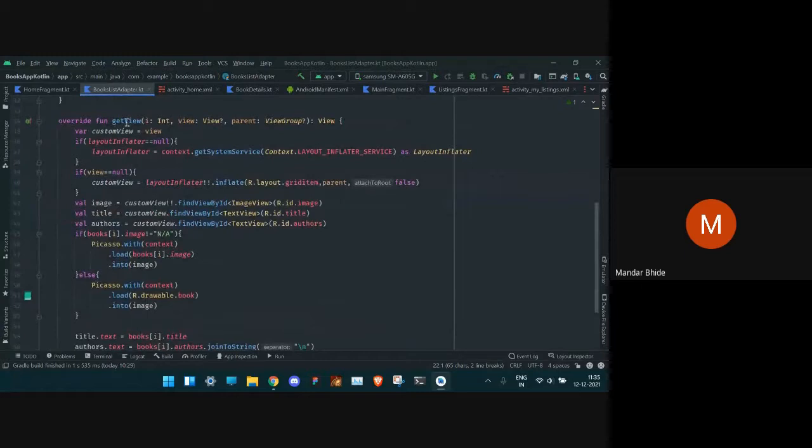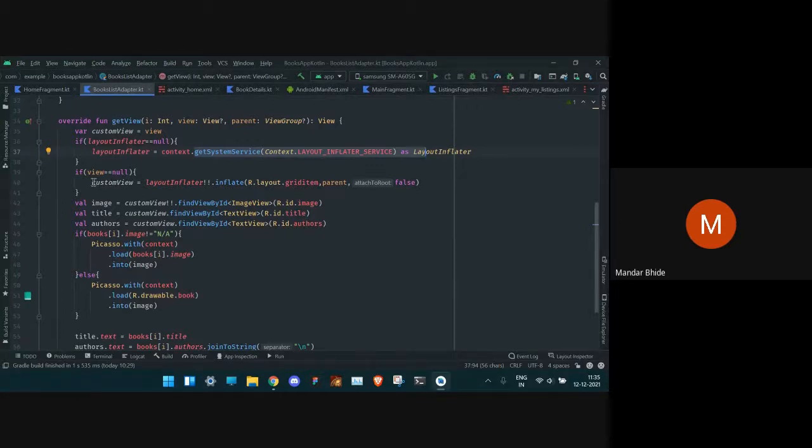This getView method is our interest right now. So we are getting a custom view. Then we are checking if layout inflator is not null. If it is null, we are getting the system's layout inflator. Layout inflator, as I said before, decides how to display objects on the screen.